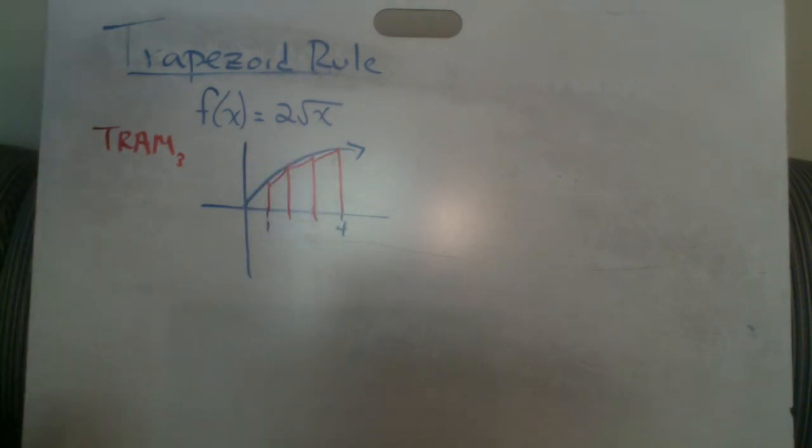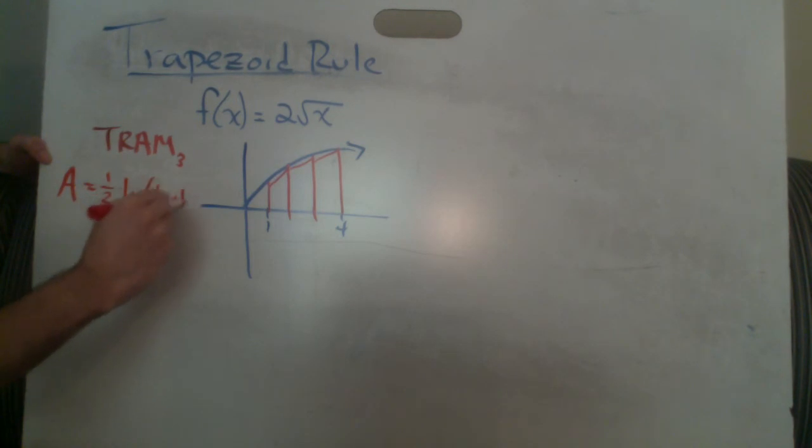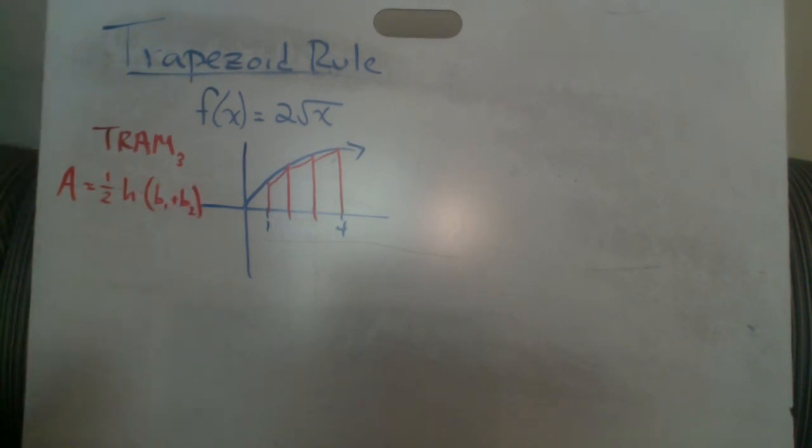The first thing that I need to recall is, what is the area of a trapezoid? Well, okay, so the area of a trapezoid is 1/2 times the height times base 1 plus base 2. And it's important that we remember things like the bases of a trapezoid are the 2 sides that are parallel